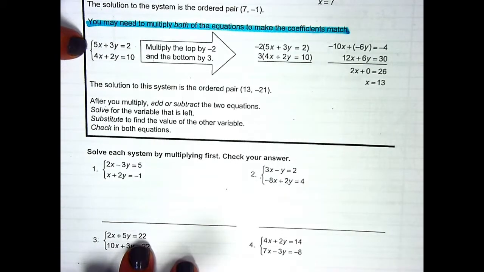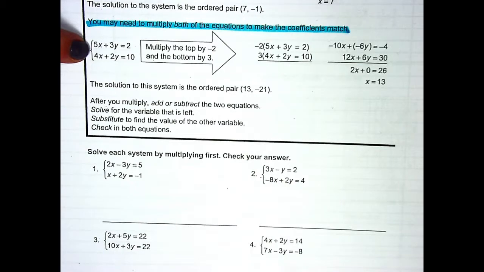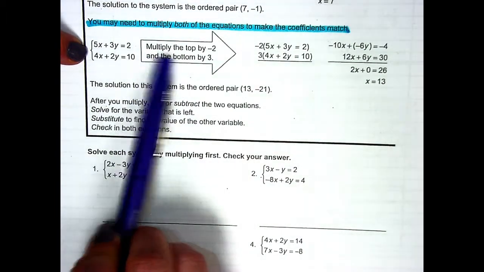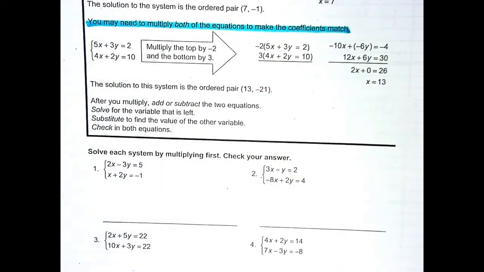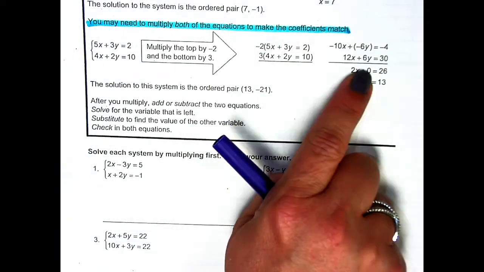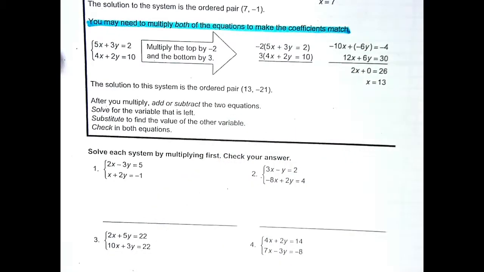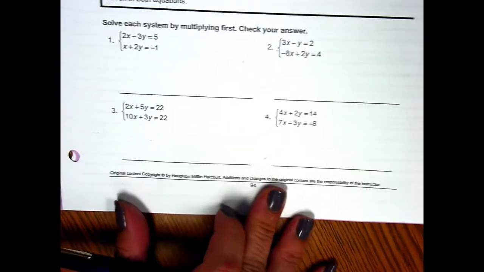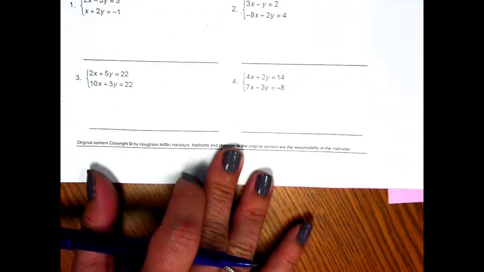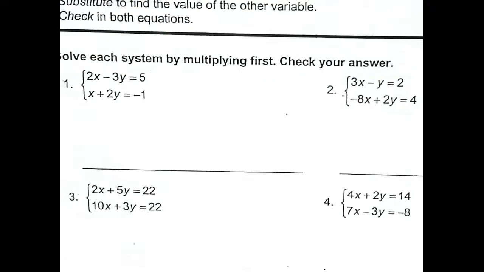So on this second one, it doesn't matter which coefficient you get rid of first, it's completely up to your personal preference. But they went ahead and multiplied the top by -2 and the bottom by 3 and ended up with a -6y and a positive 6y. My suggestion, and what they did here, is they used the numbers that would be the smallest, because we don't want to make anything more complicated than we need to. So looking at number 1,